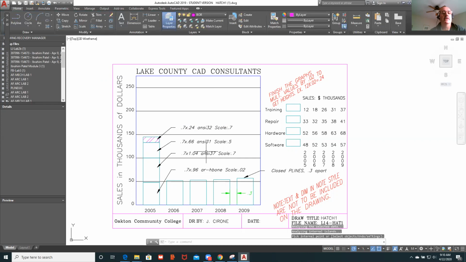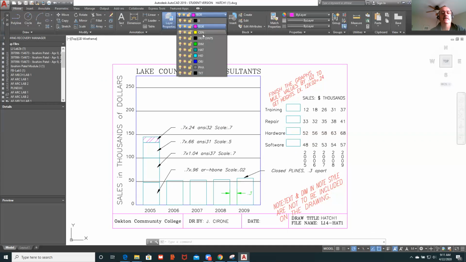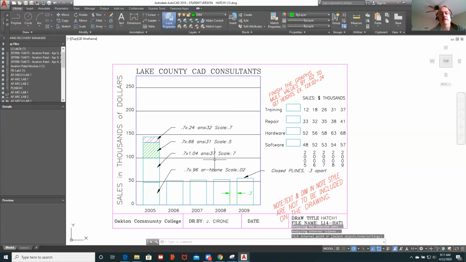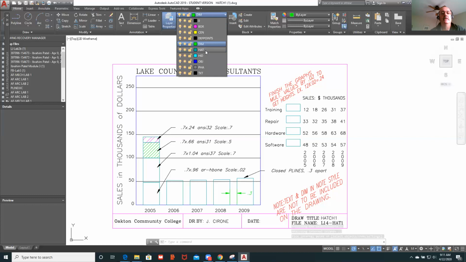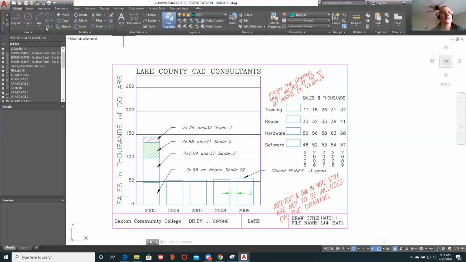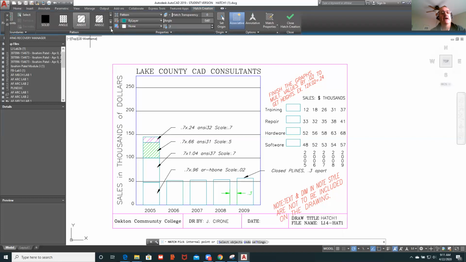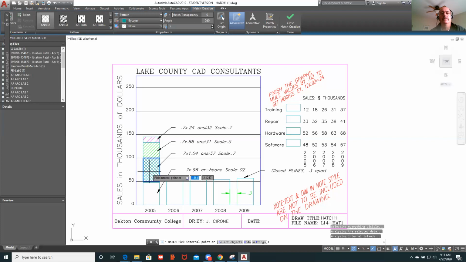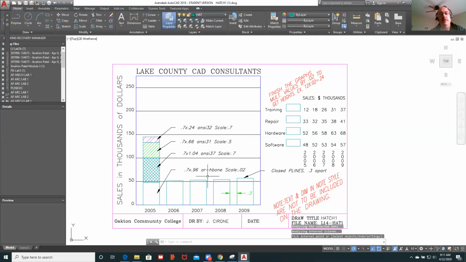And then if we wanted to do ANSI 131, we come back here to the hatch pattern. Let's go with a different color. One too many. And then ANSI 137. If you don't see the hatch pattern listed, you can hit this down arrow. And then lastly, if we want to go with this herringbone,